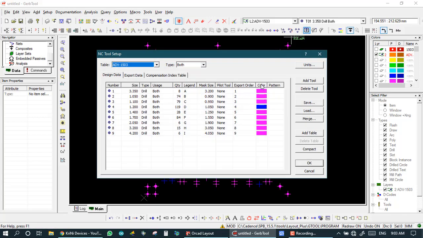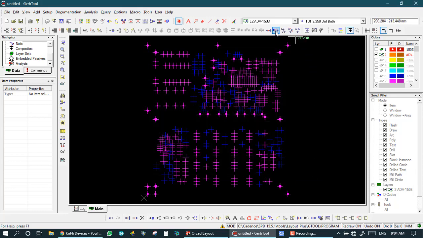So this is setting colors, and here is another option, like merge. I know 1.05 and 1.10 are approximately the same. If a PCB is not a dense job or not a critical job, then for similar drill sizes we can combine two bits. Like if we want to combine tool 2 and 3, 1.05 and 1.10, first we close this, and the second option is change NC tool. We press on it,